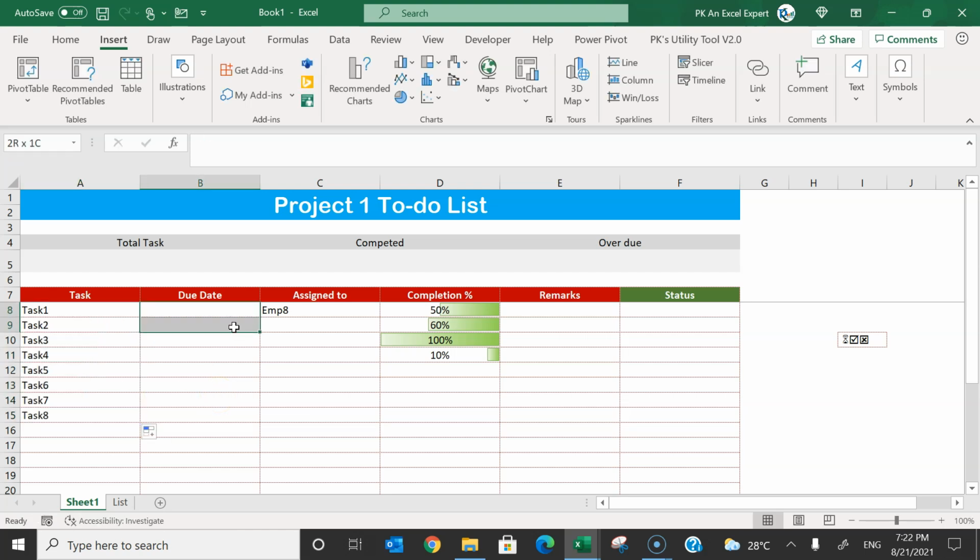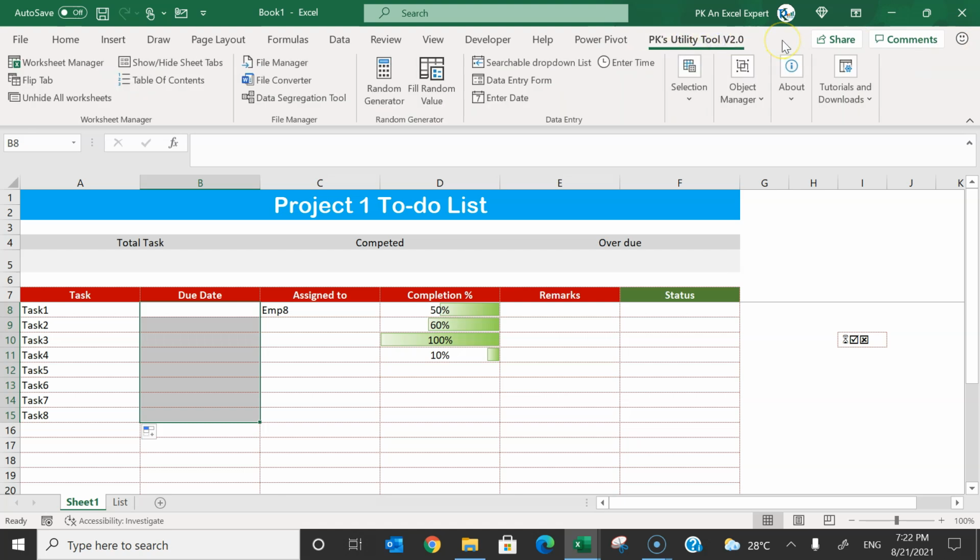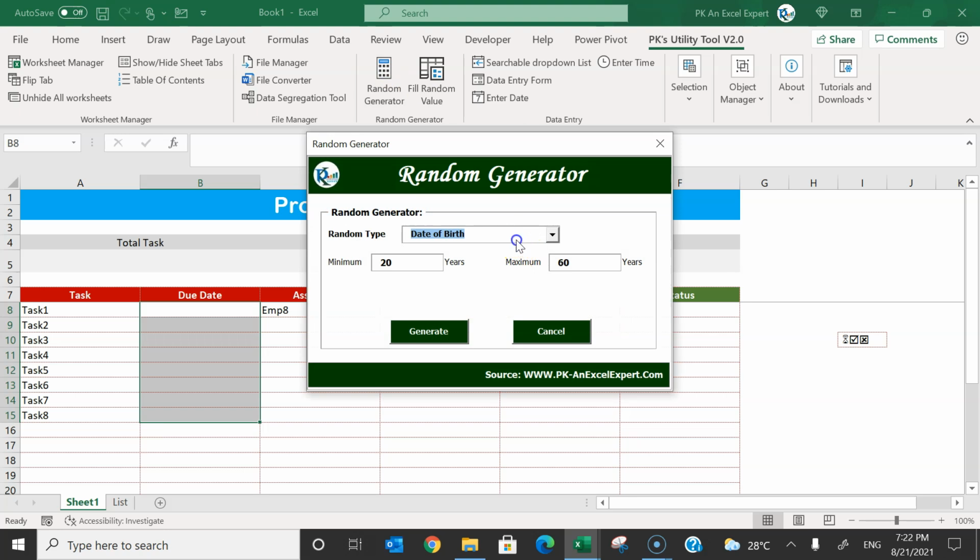We are giving some random dates here, so you can enter some random dates, or you can use our random dates generator. You can use the PKG Utility Tool to generate the random dates. Friends, this tool is absolutely free and you can download it from my website. Go to PKG Utility Tool version 2.0 and click on Random Generator, and here we will generate the dates.